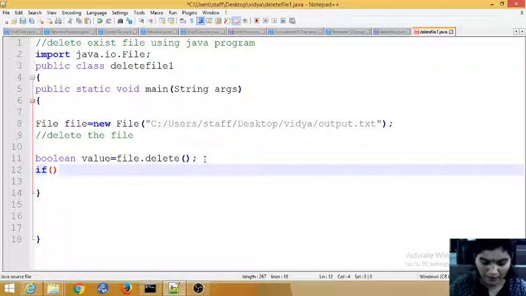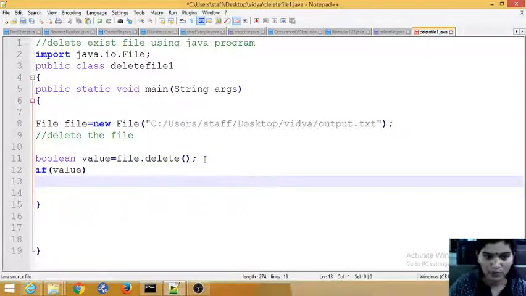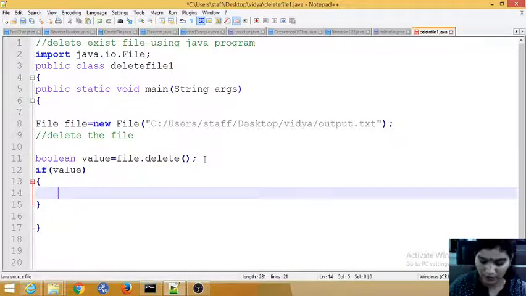So if it is true, meaning the process is successful, I am going to display a message with System.out.println.